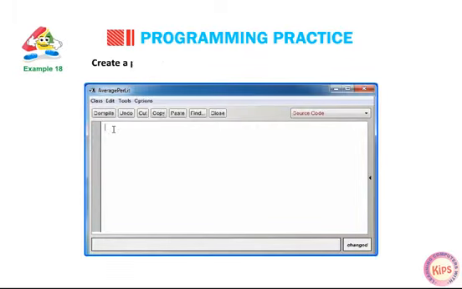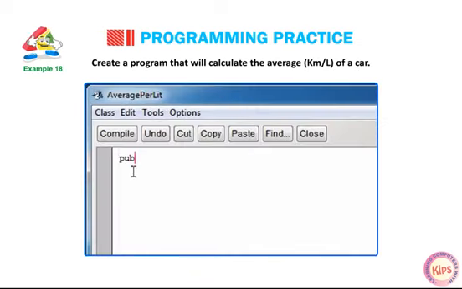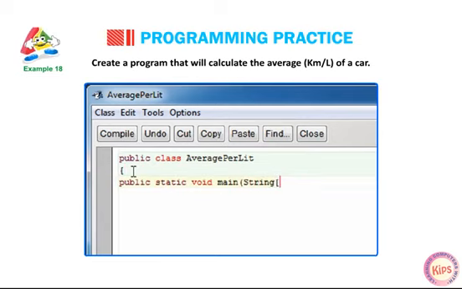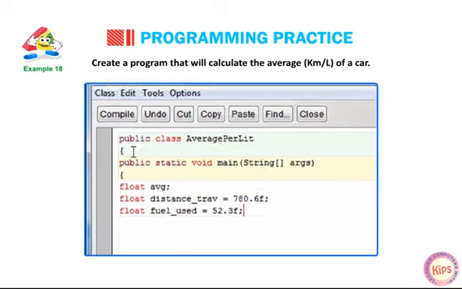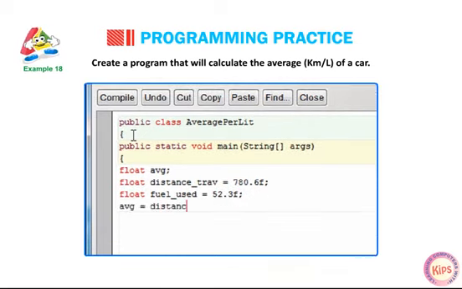Example 18. Create a program that will calculate the average km per L of a car. public class AveragePerLiter { public static void main(String[] args) { float average; float distance_travel = 780.6f; float fuel_used = 52.3f; average = distance_travel / fuel_used;